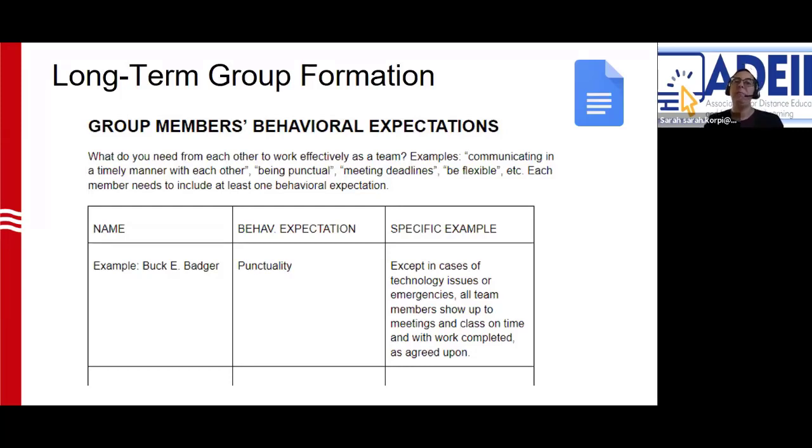So each team member was asked to bring what they need to this activity in terms of how to be productive. So in order to work efficiently and effectively as a team, what do you need in order to be successful? Each team member brought that need to the activity, and then the group was able to decide how they could help meet that need.